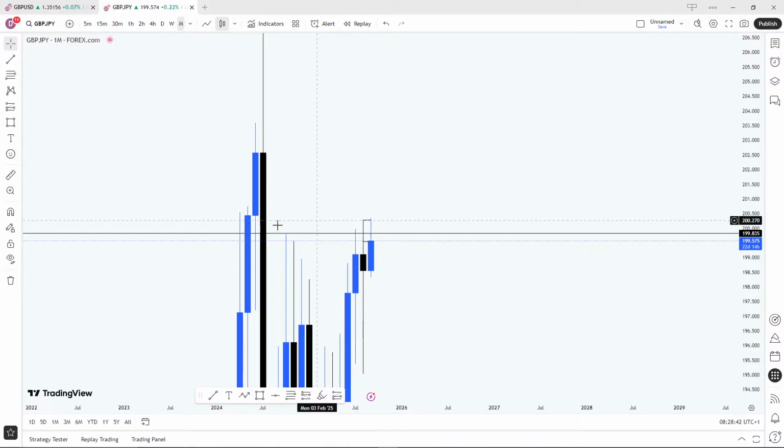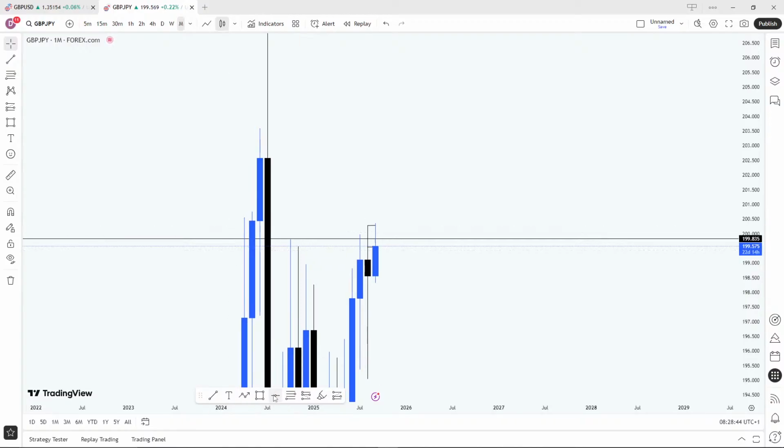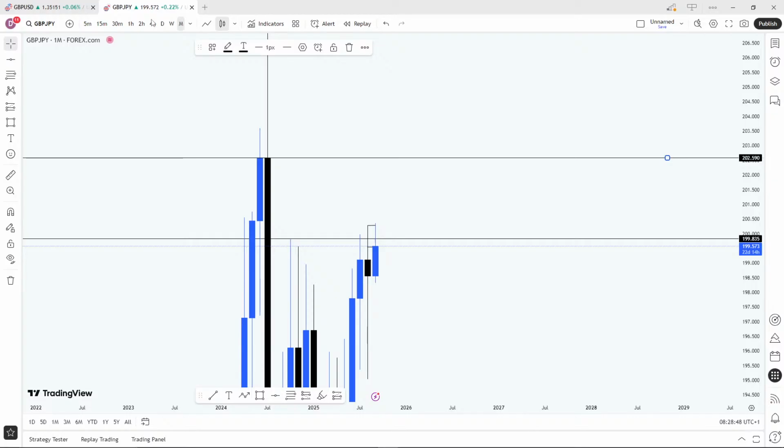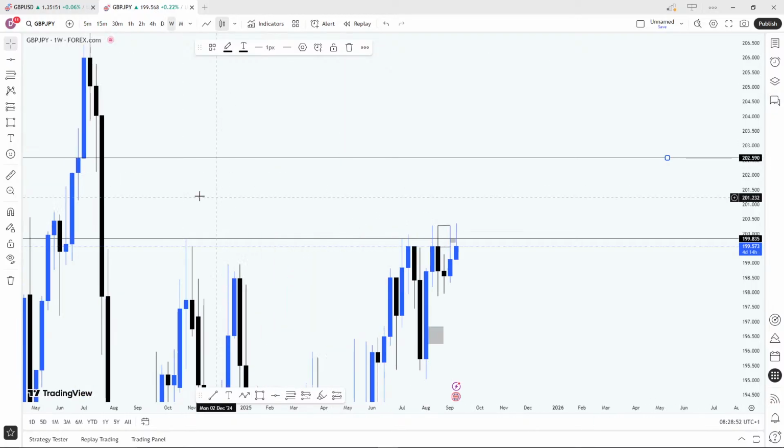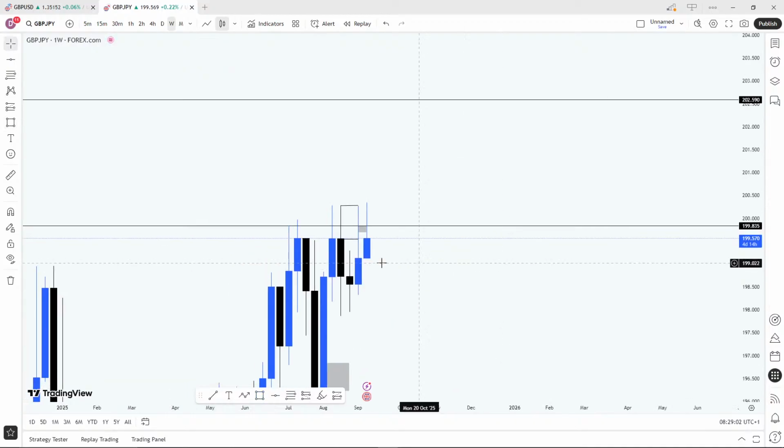Right? Any major zone. The only major zone right here where this price can get to is gonna be this very high, this very long wick as an order block. Same thing on a weekly time frame as an order block. Right? But it didn't get there. So it just went up to take our liquidity. So let's see what we're gonna be expecting from this. And if you want, this low as an order block, a zone where this market can get to and then decide to buy from.